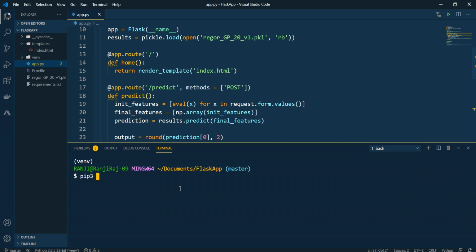You will use pip3, that is for Python version 3, and you will write pip install waitress. Or if you have Gunicorn, then it will be pip install gunicorn. It will take some time to connect to the repository where this particular package is located.